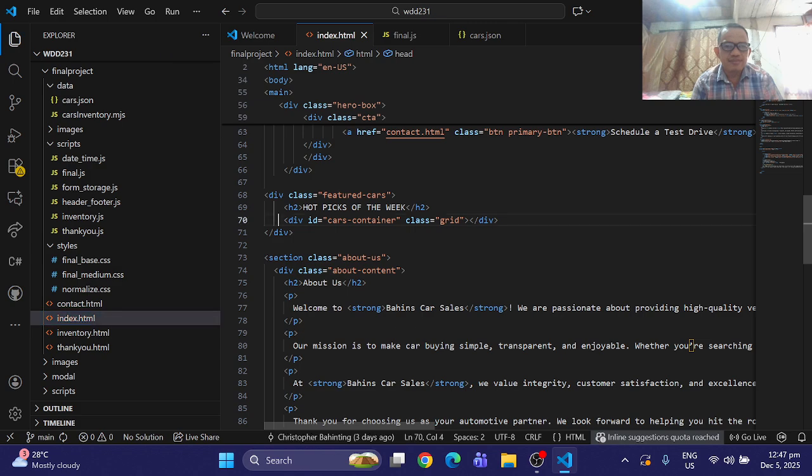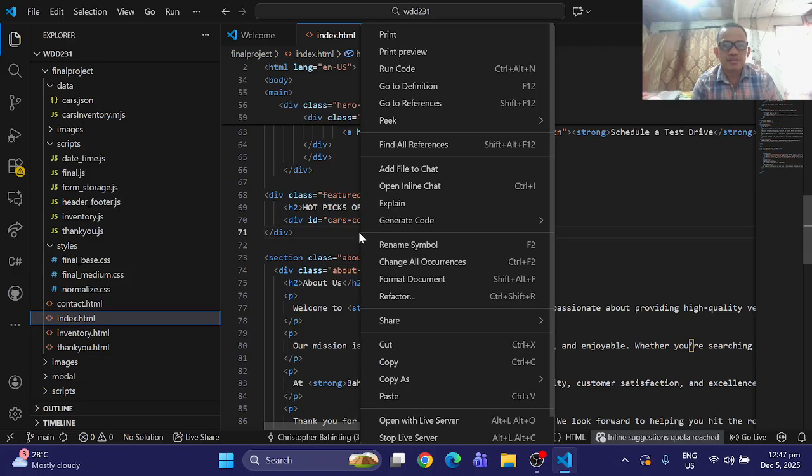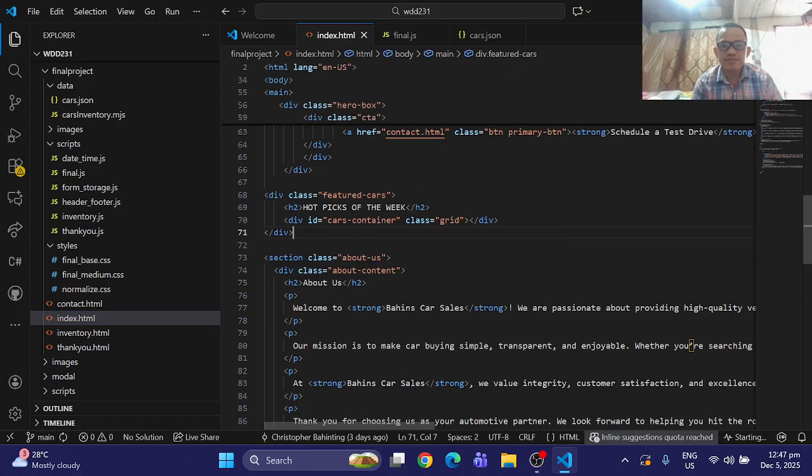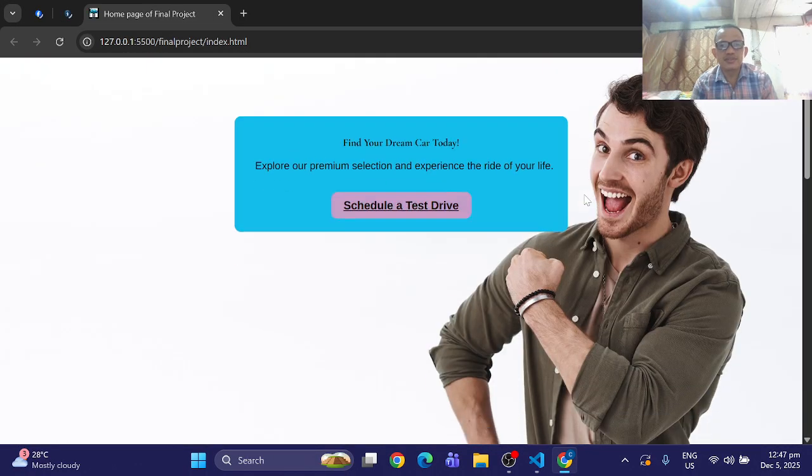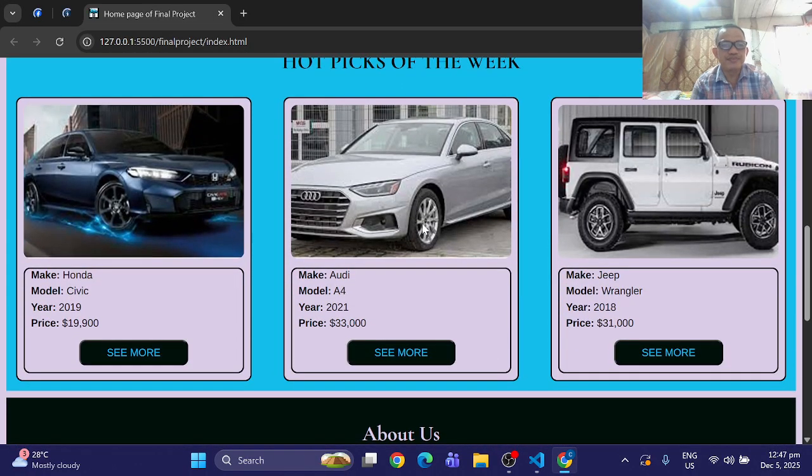So I had a container here for the array of the cars. This is the output of my program.